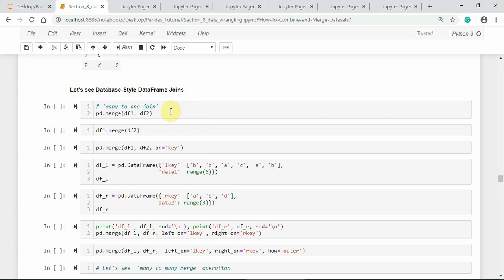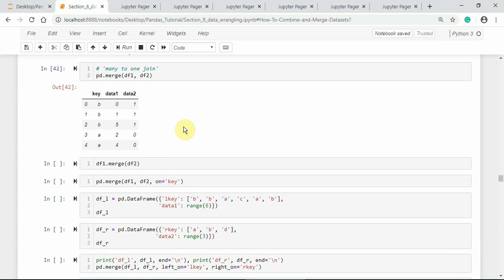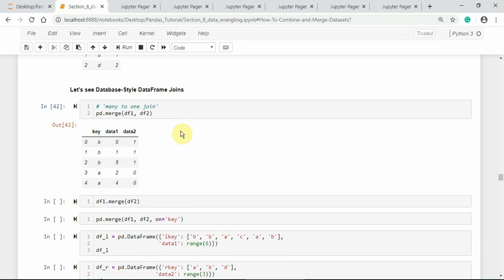Let us pass two data frame objects inside the Pandas merge operation and merge them together. Notice that in data frame 1, B appears first and then A. Hence, the merge operation has considered the data frame 1 values first and then it is matching with the data frame 2 values.